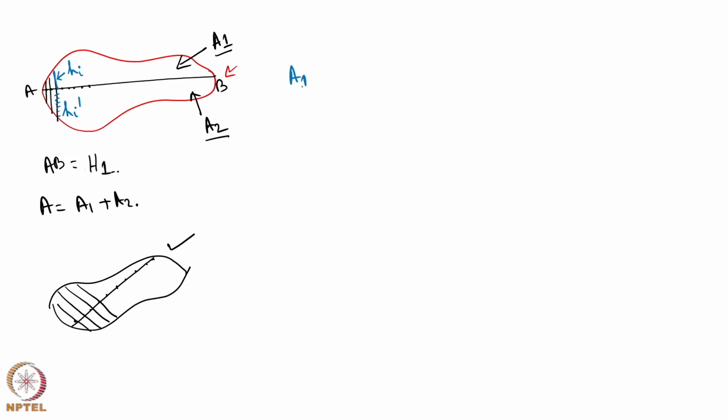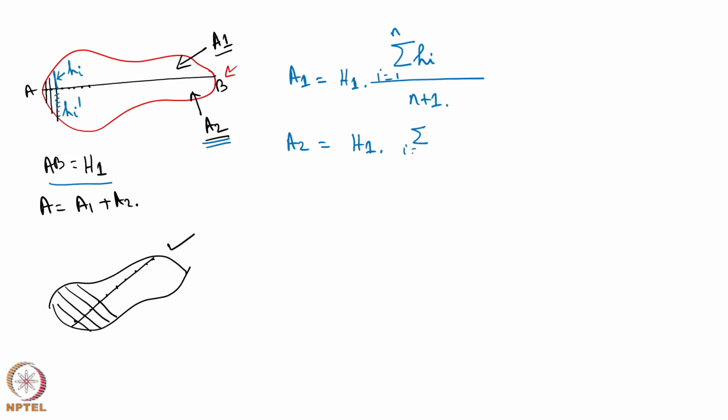Then I can write the area A1 is equal to, the area A1 can be given by the AB length H1 multiplied by, and similarly the area A2 can be written as, so the total area A1 plus A2 is equal to A can be given by